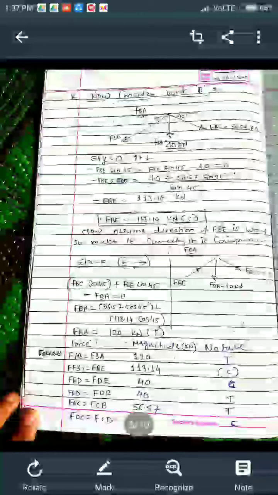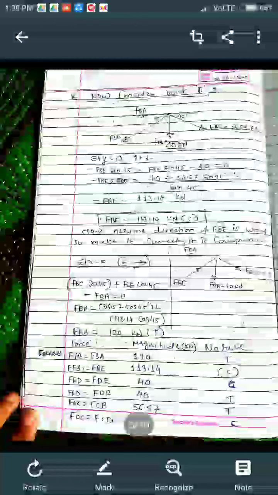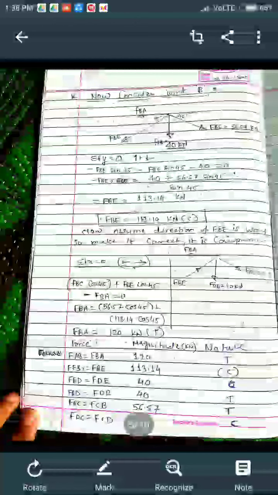The directions of FBC and FDB are known, that is tension, and we are assuming FBA is tension and FBE is also tension initially. Now we will put our condition, that is summation Fy is equal to 0. Upward positive, downward negative. So minus FBE sin 45 minus FBC sin 45